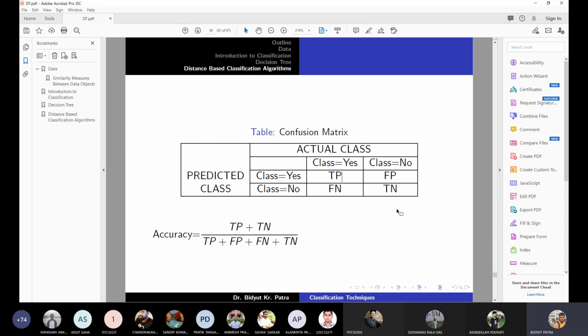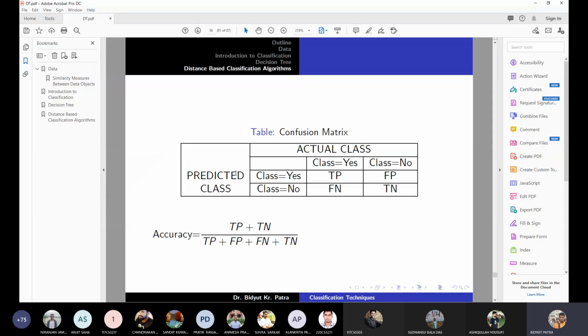Now come to the nomenclature. TP means true positive. That means both agree that they are the positive class. Both means the actual class level and the predicted class level by the prediction algorithm. The total predicted positive class is the first row, and the total actual positive class is the first column. If you take the intersection, that cardinality will give you the true positive. That is both agreeing, so this is called the true positive.